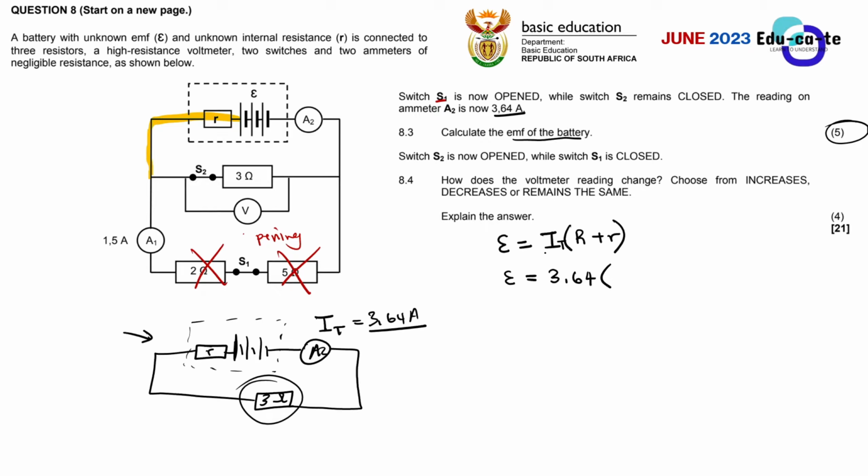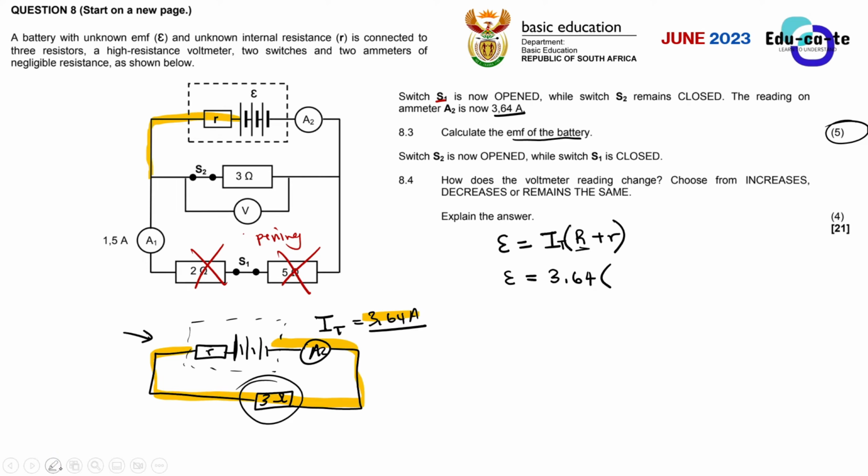And then what about the total external resistance? If we look at all the external resistors here, you can see that in this particular case, we are now having only one resistor, which is the 3 ohms resistor. So the current is no longer being divided. All of it is going to the 3 ohms resistor, because when we open switch S1, I repeat for the millionth time, you will even get tired of me, but I don't care, I'm removing the 2 ohms and 5 ohms resistors. So the current won't flow to them anymore. Basically all the total current will now go through the 3 ohms resistor alone, and that current is 3.64 amperes.